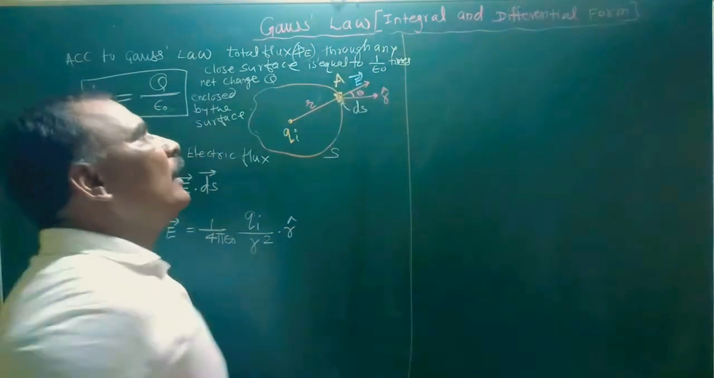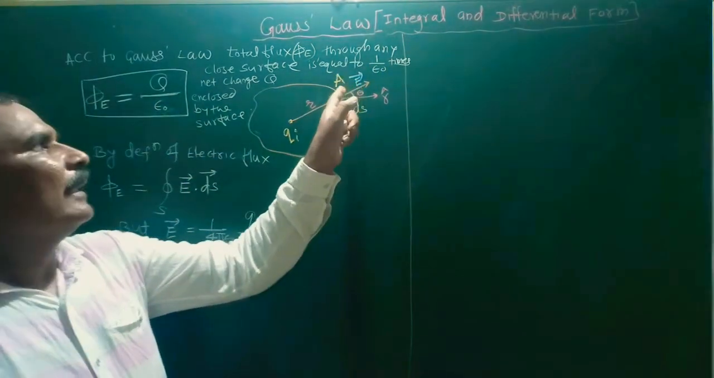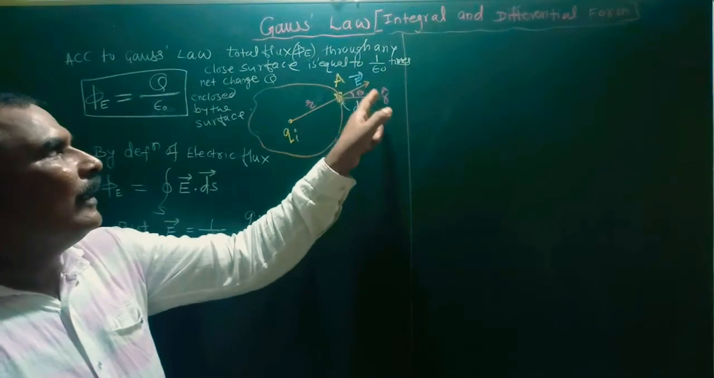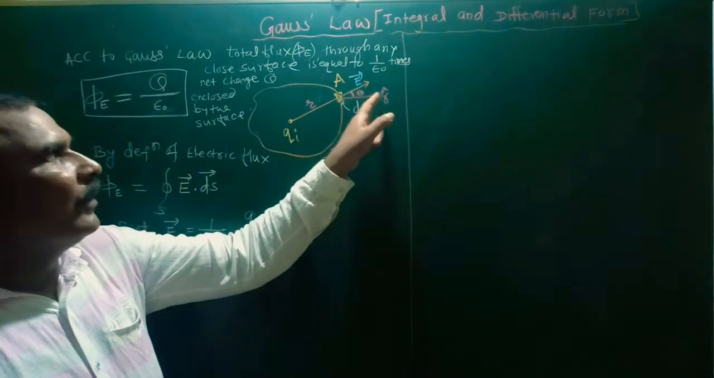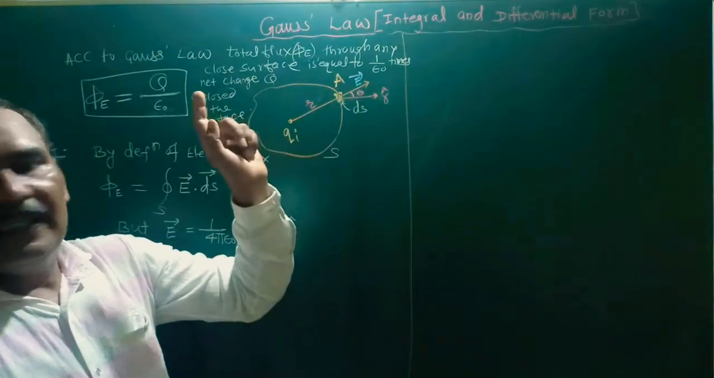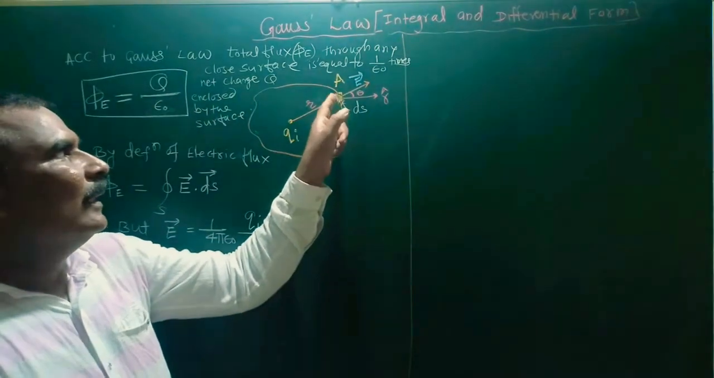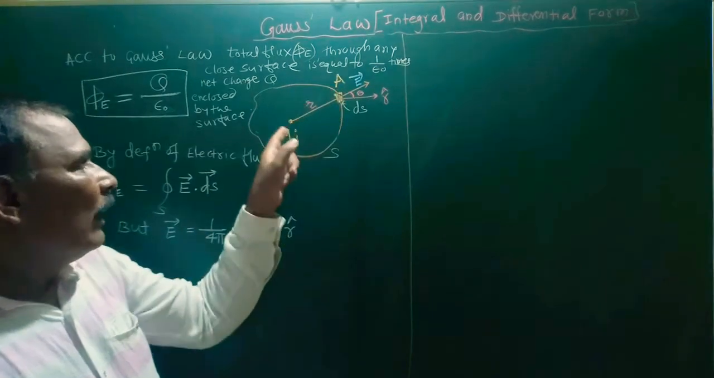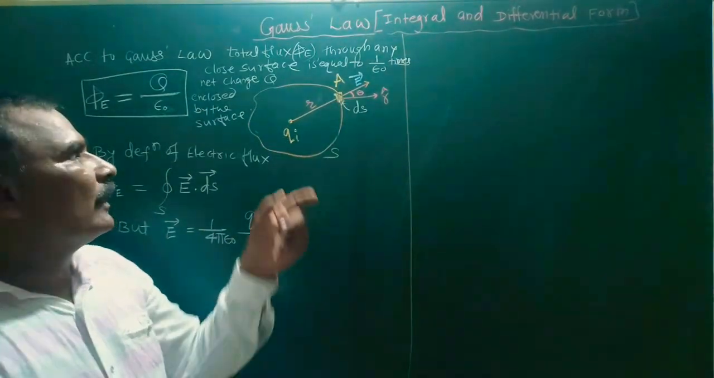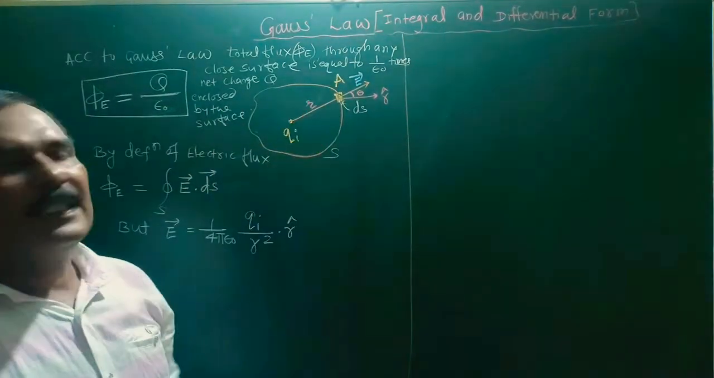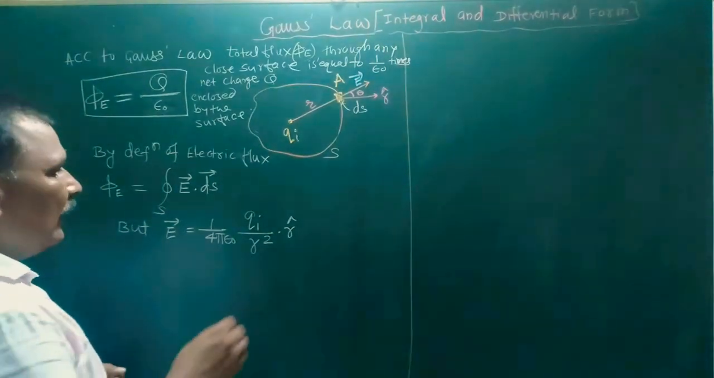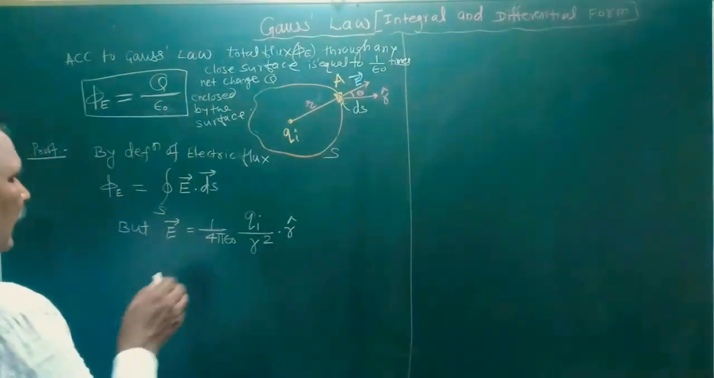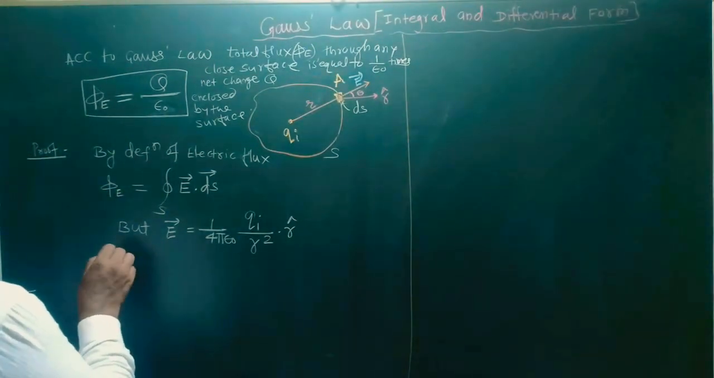Here E bar is the electric field intensity. Theta is the angle between the normal component of the unit vector and the electric field intensity. ds is the small element. Qi is the number of charges enclosed, and R is the radius of the spherical surface we have to consider. Therefore, phi E is equal to